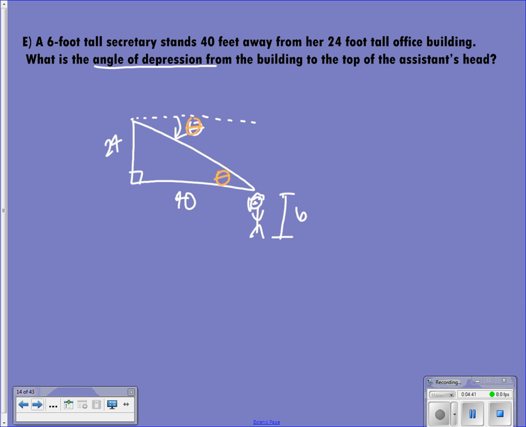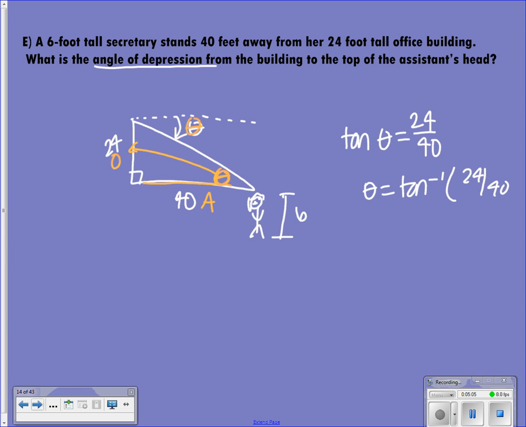Now I can go ahead and say, okay, from this angle, my 24 is my opposite side. My 40 is my adjacent side. So I have O and A, so that's going to give me tangent of my angle is my opposite 24 over my adjacent 40. So to solve for my angle, I need to take the tan inverse of 24 over 40. So that's going to give me an angle of